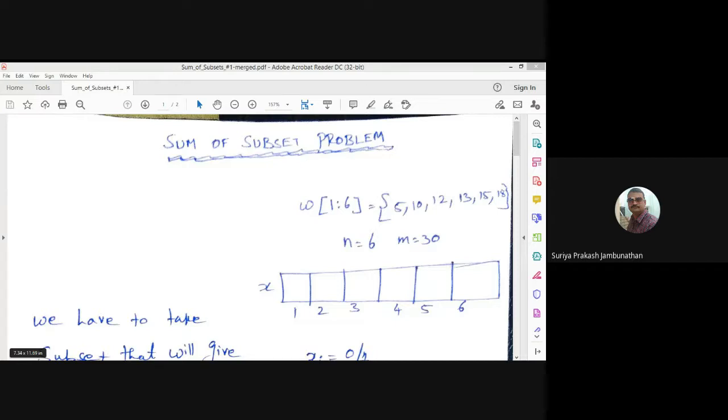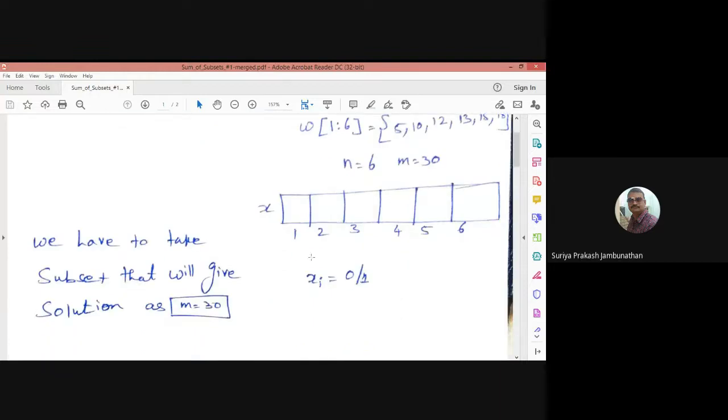And what we are checking is the size we are taking, that is m is equal to 30. When you are taking m is equal to 30, the limit is 30. So until reaching 30, we have to work out the problem. If we reach 30, we can stop there. Okay. So how we are achieving 30, we are going to find out by the given problem. We are taking some subsets. We have to take some subsets that will lead to identify the maximal limit 30. With the use of that subset, we have to identify whether the given value reaches 30 or not.